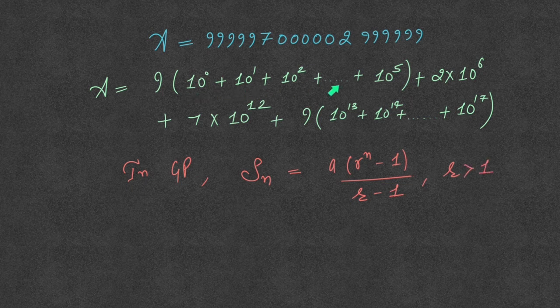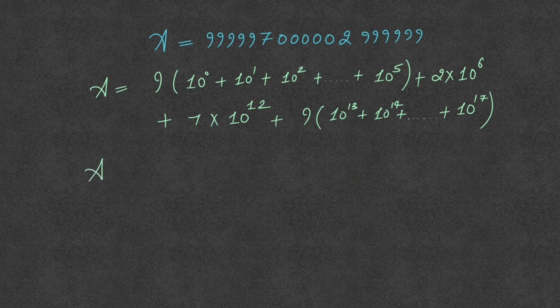As we can see, this is a GP and this is also a GP, and in both the GPs the common ratio is 10. It can be written as a is equal to 9 into 1 into 10 to the power 6 minus 1 upon 10 minus 1, because here are 6 terms, so that's why here it is 6,